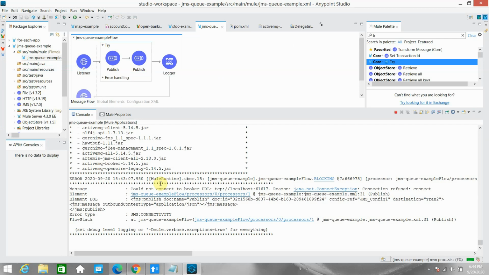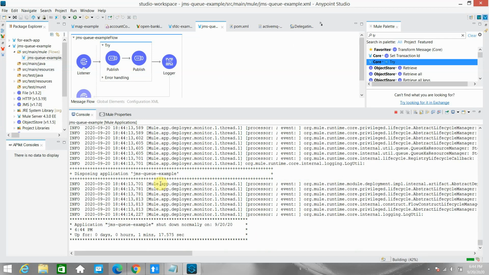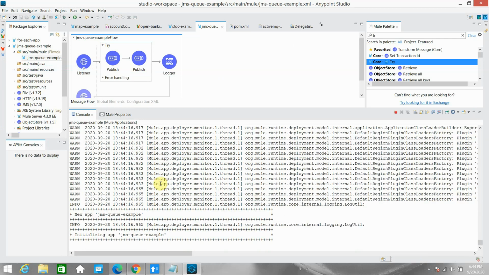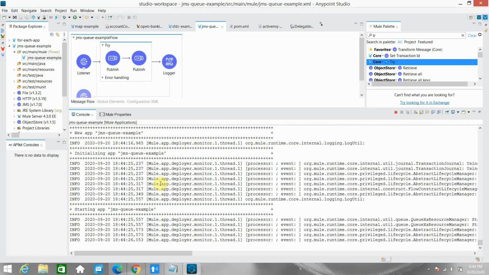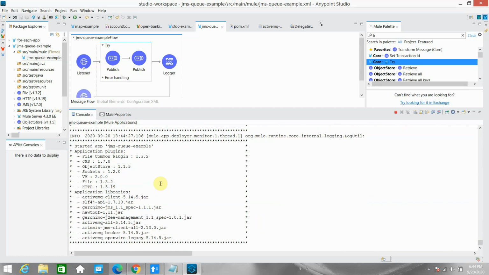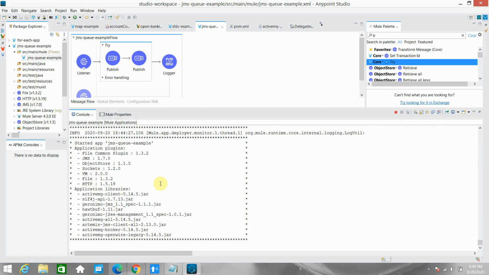Once I save, it will deploy the application. Let's wait while the application is deployed.